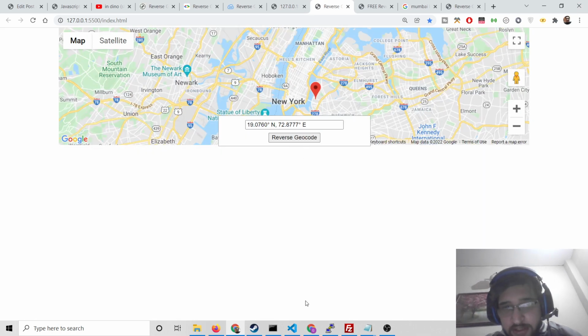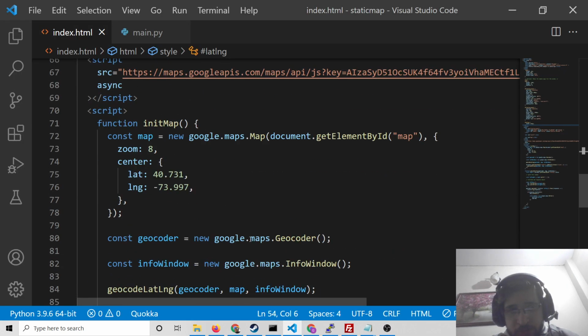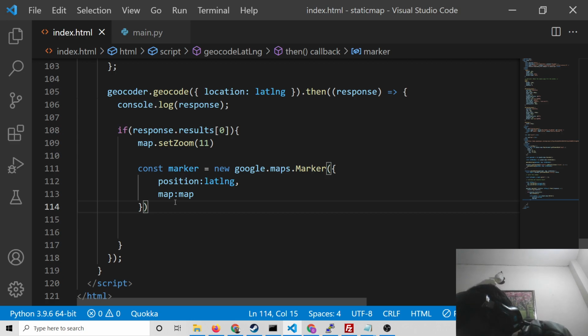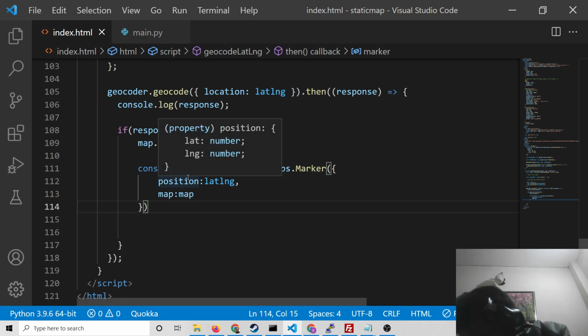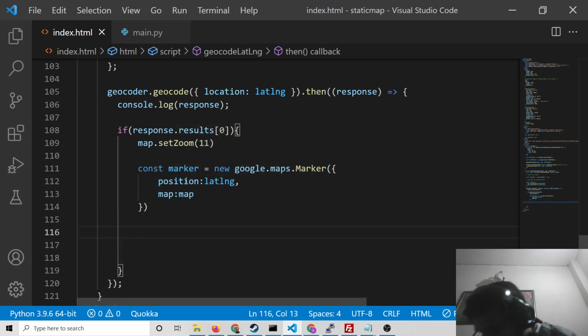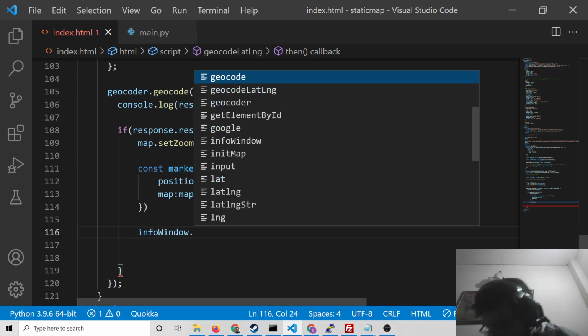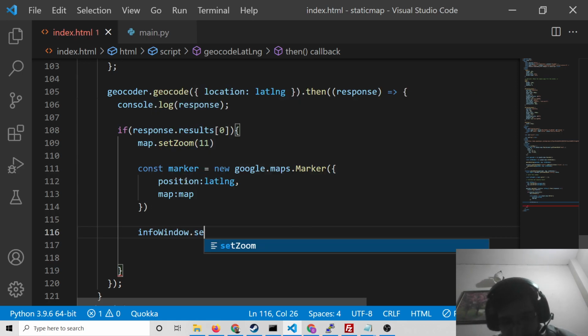It is totally fine. After placing the marker, we also need to set the info window as well. So we will use info window dot set content.